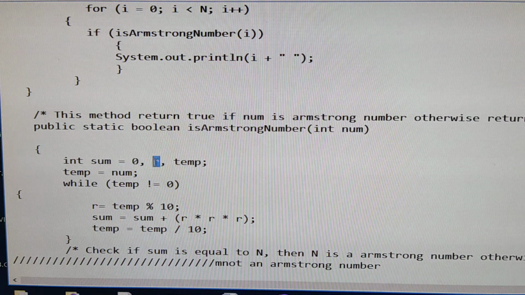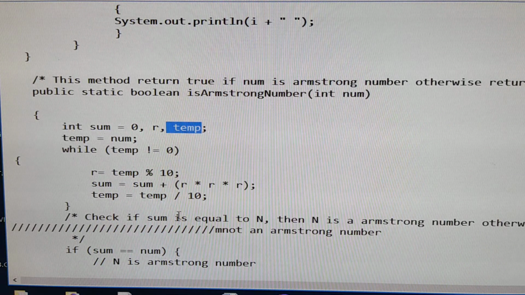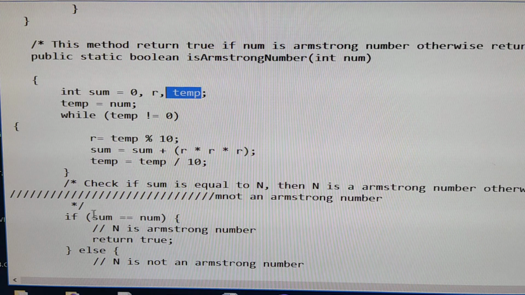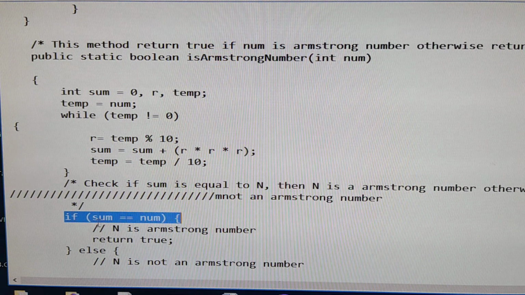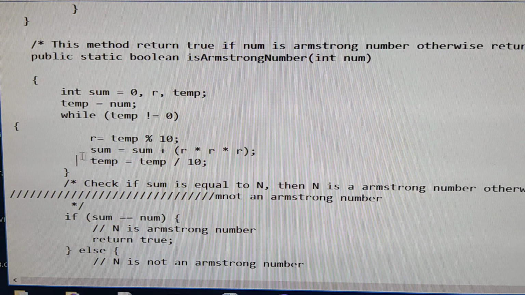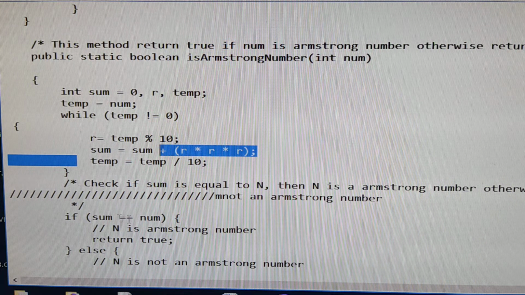r is for finding the remainder, and temp we are calculating because at last we will compare our temporary value with the number. See, if sum equals number, here sum is whatever is calculated, and number is whatever you have given.